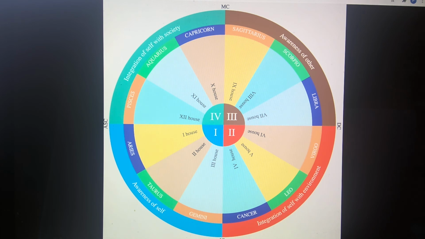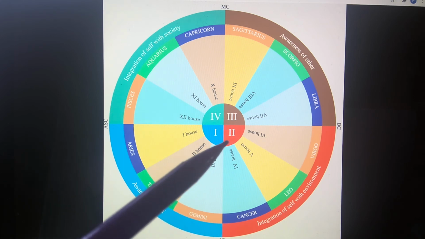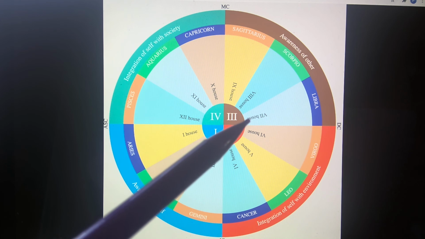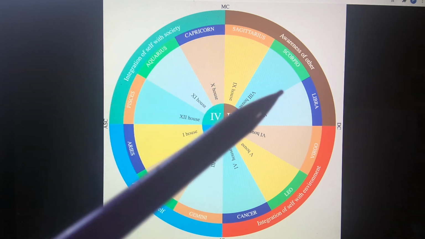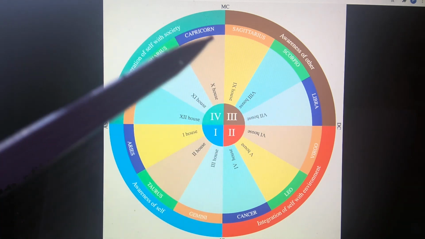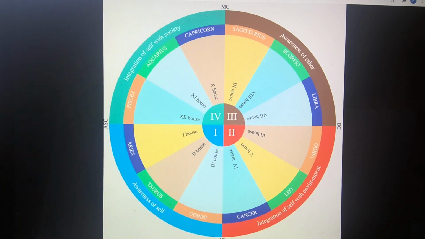What's interesting is that 9 years later, when you have your second nodal return, when the North Node transiting and the birth North Node are lining up again, what's happening is that Saturn is usually squaring its position that it just touched, your birth position. And so when you have your second nodal return, you're often having your Saturn square Saturn,